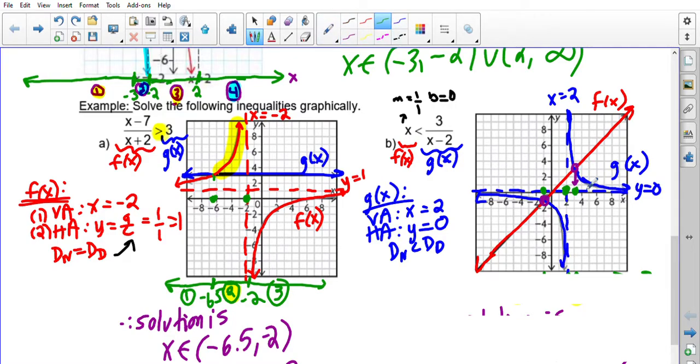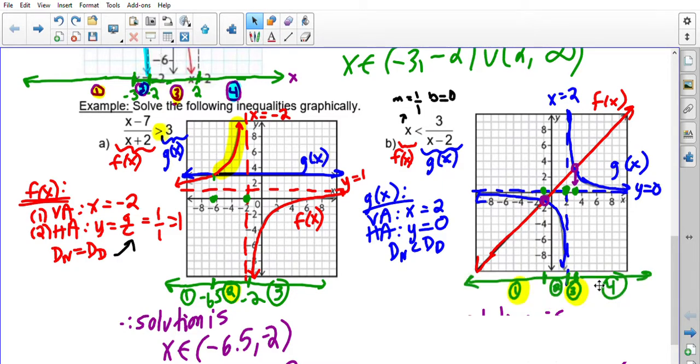All right, so that gives us 3 points here. We keep walking, and then they're never going to intersect again, and there's no other VAs. So that means we should have divided our x-axis up like this. Okay. So we have interval number 1, interval number 2, interval number 3, very small in between these two, and